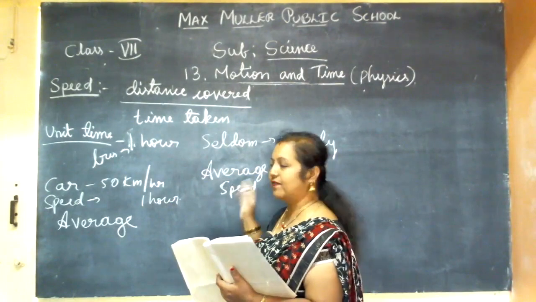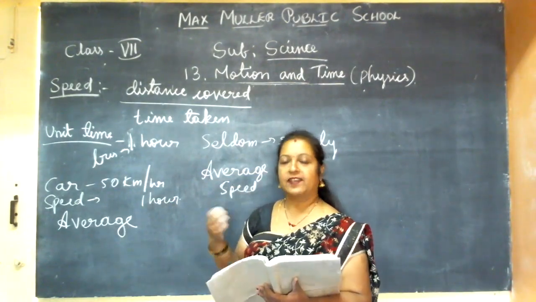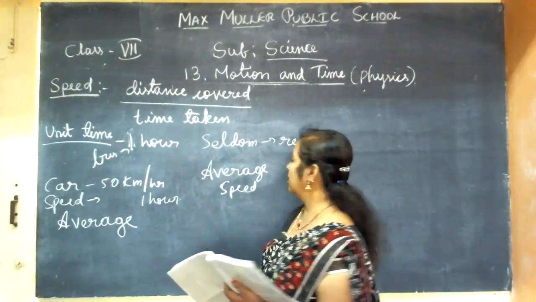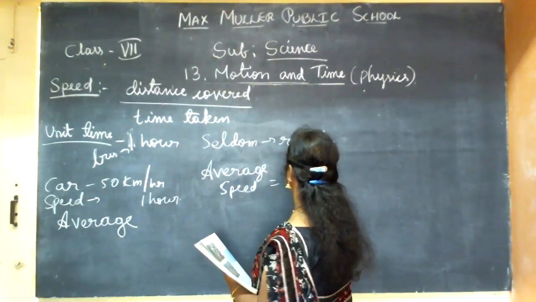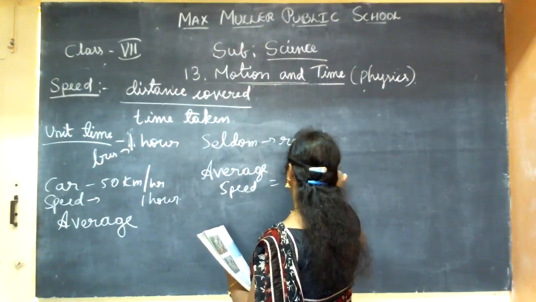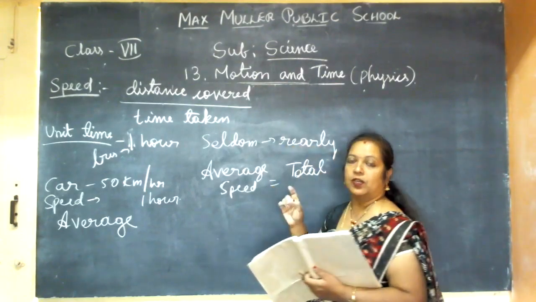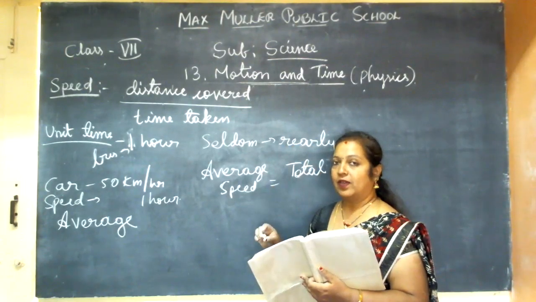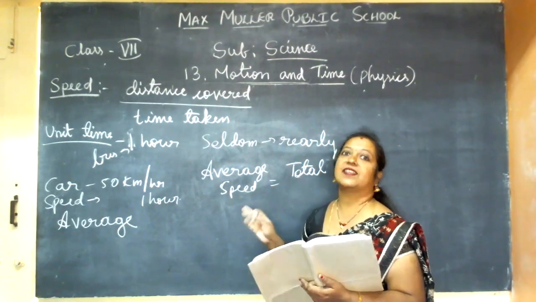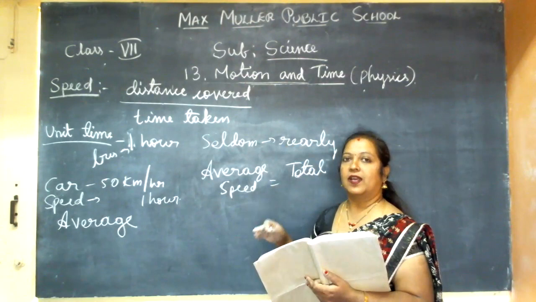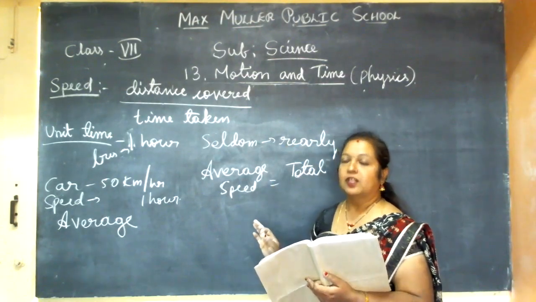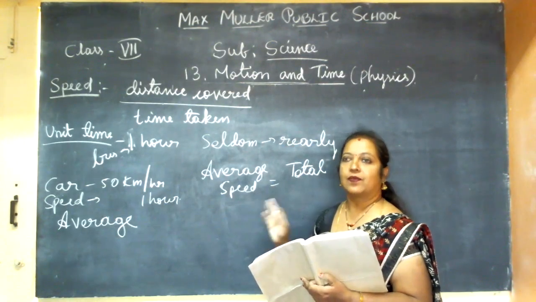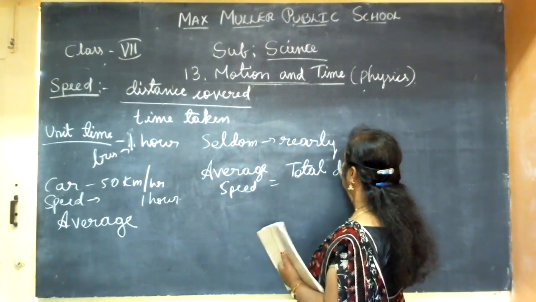So now it is average speed. So how to change that formula? We can call it: the average speed is equal to the total distance. So our target is the total distance we want to cover. So whether it is moving fast or slow, we cannot predict each and every time. Okay, so the car has moved and covered the distance. So what time to what time it has taken to cover the distance, that we will see. See, total distance